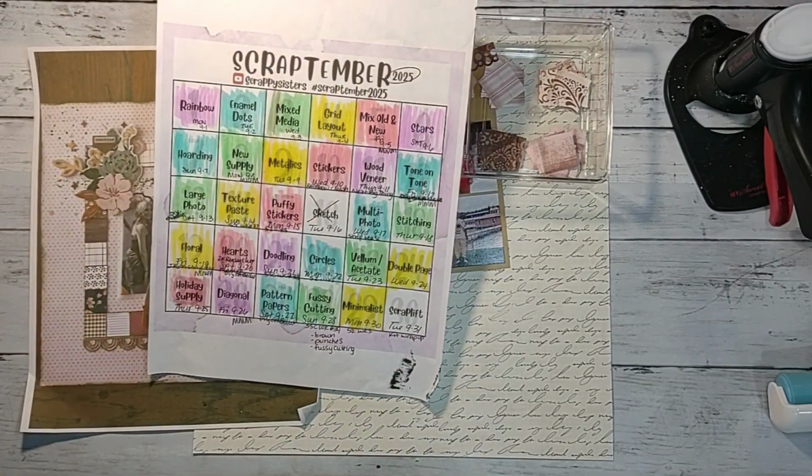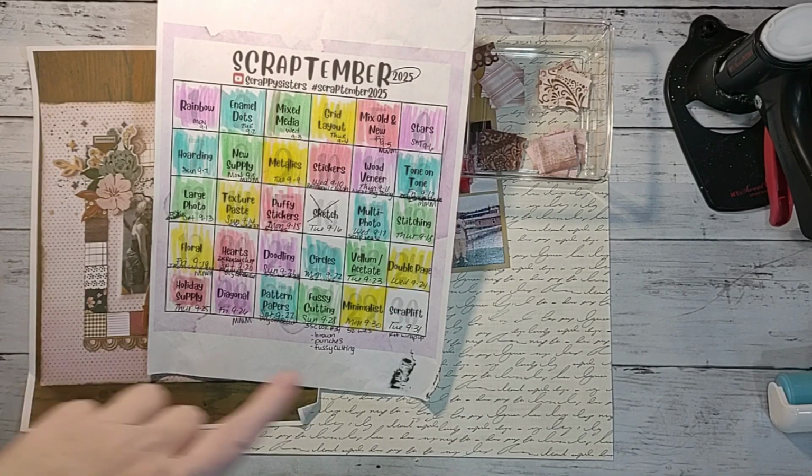Today is the last day of September, and I am doing the last day of Scrap Timber, which is a